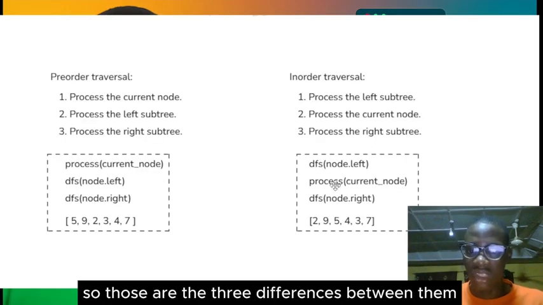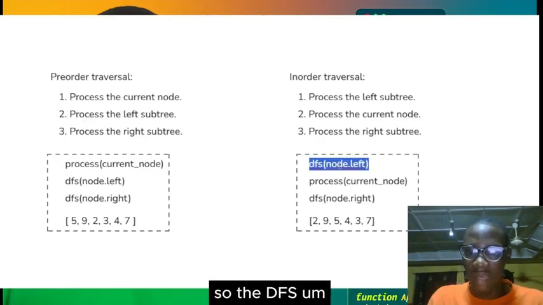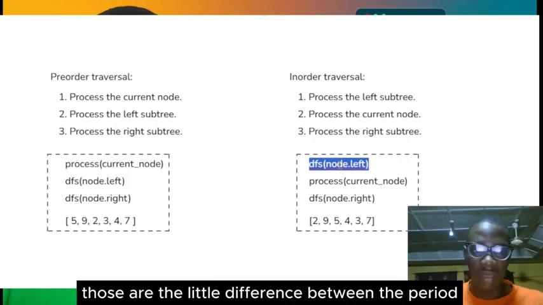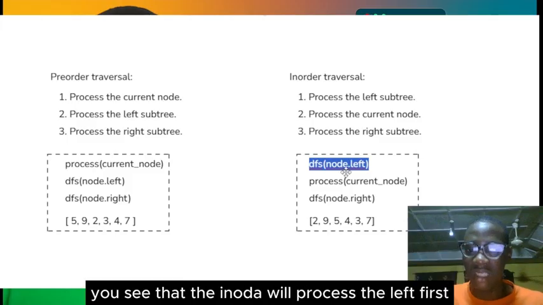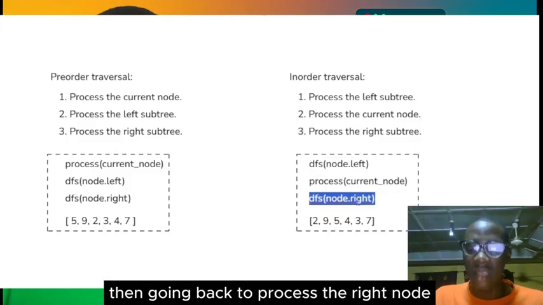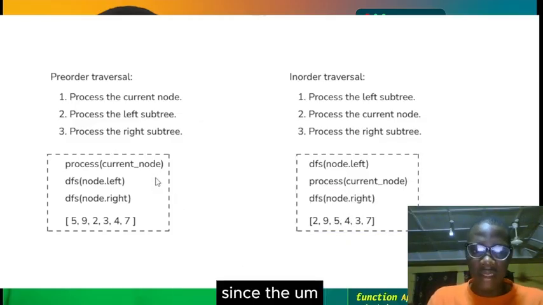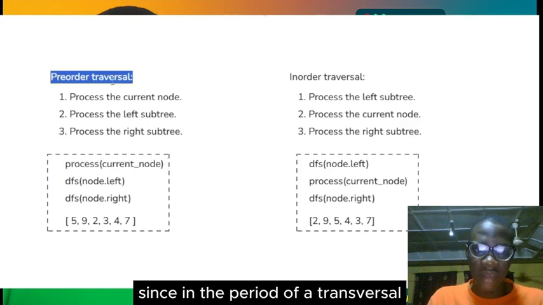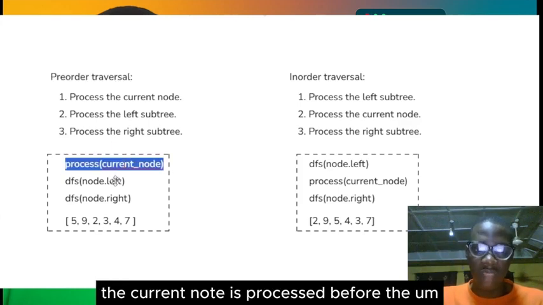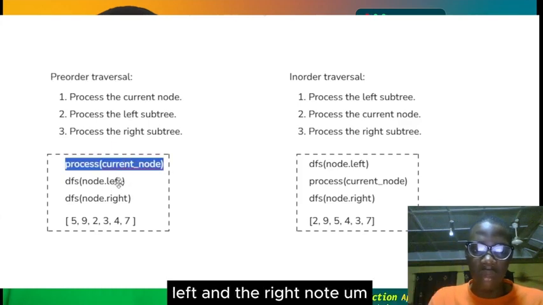So those are the differences between the preorder and the inorder traversal. The inorder will process the left first before processing the current node, then going back to process the right node. Since in the preorder traversal the current node is processed before the left and the right node,